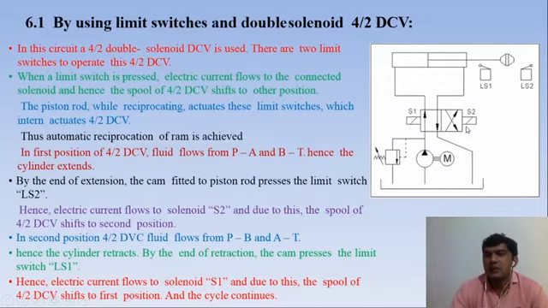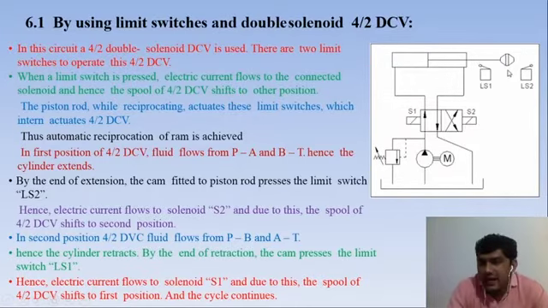In automation, first of all we start the electrical motor. It will rotate the hydraulic pump, and the pump will supply the hydraulic fluid from a reservoir to the 4 by 2 direction control valve. So what's happening whenever we supply fluid to the 4 by 2 direction control valve? In the first position, fluid will be passed from this port to here. So fluid will be passed from the left hand side to the cylinder, and the cylinder will extend.